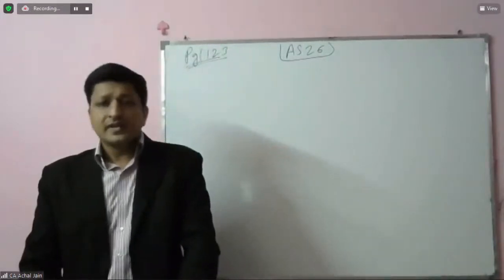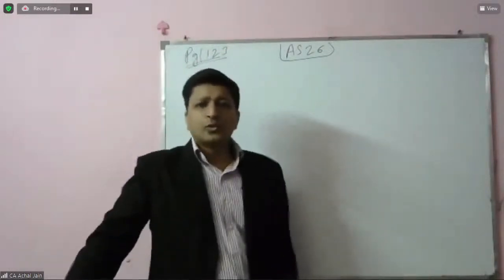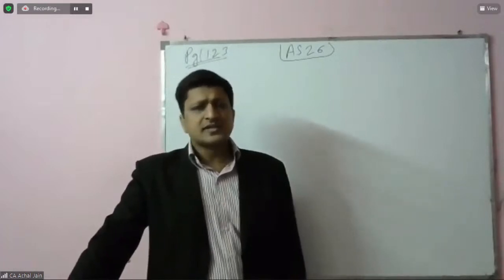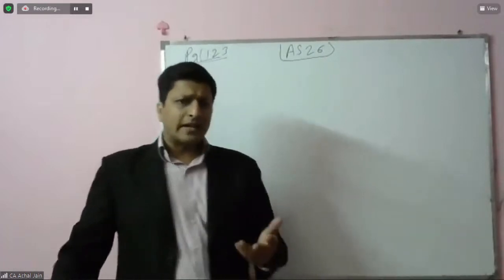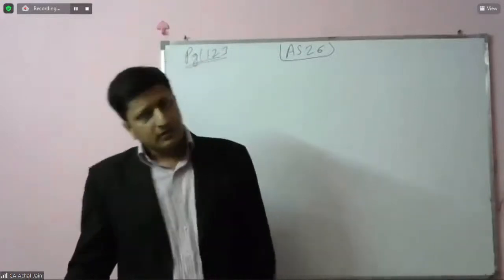Nakul Singh asks, where will this contingent liability be disclosed? In a note. There is a separate note under the head contingent liabilities. So look at the financial statements of any company, look at their annual report, it's available in the public domain, you will get to know about it. Okay.